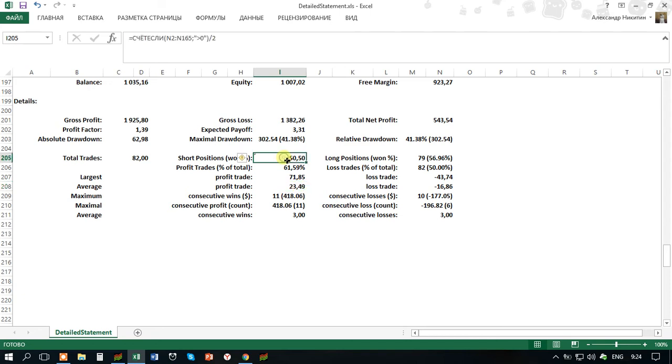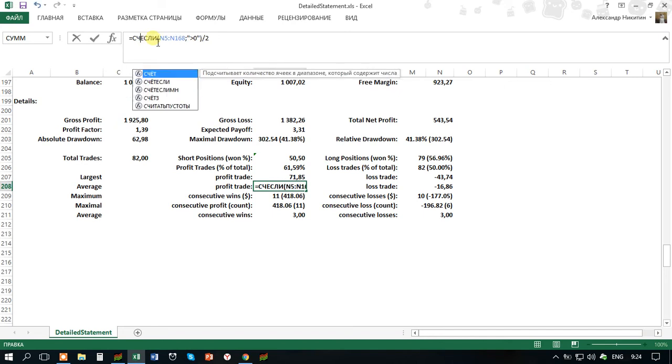So to do that, I will copy this, Control C, and paste it here, Control V. Done. So I have the same formula here, but instead of count if within this range more than 0, I should type